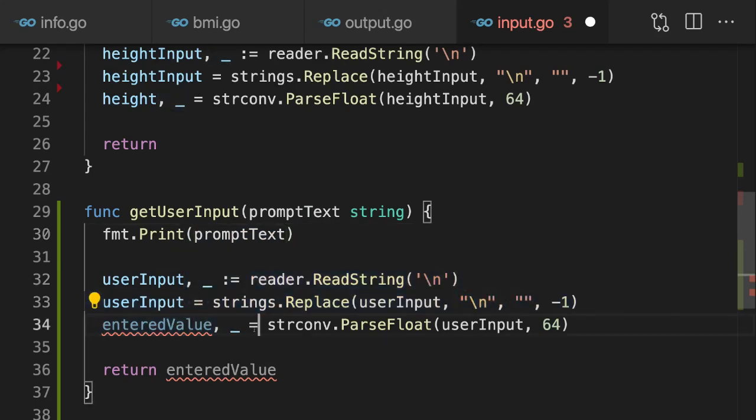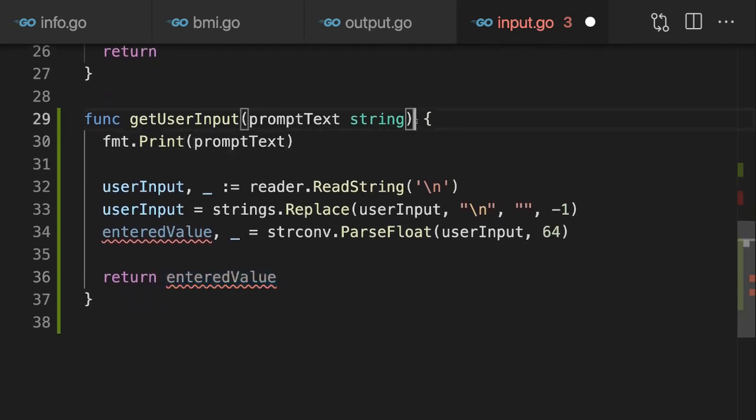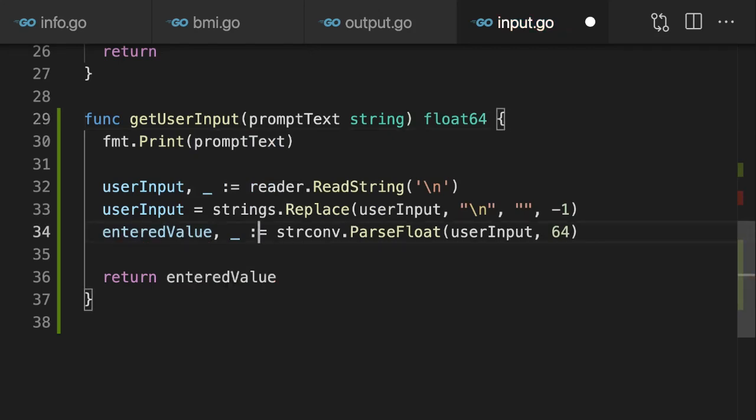Then we perform the same steps no matter if it's about the weight or height, which makes sense because we parse the values and clean the values in exactly the same way. And then we return the entered value. And since we return a value, we should also specify the return type here, and that's of course float64. And here I now also should create entered value and add my colon here, therefore, so that this entered value